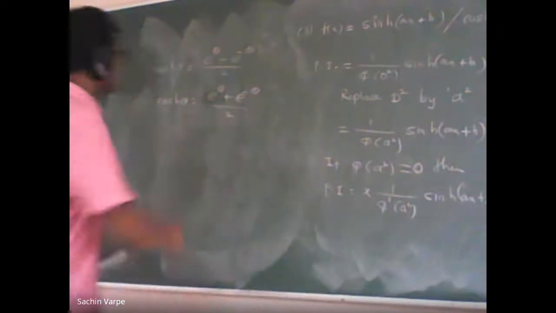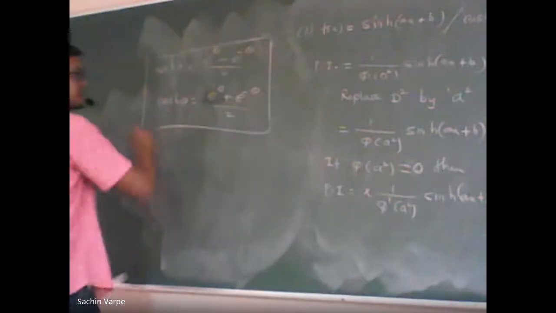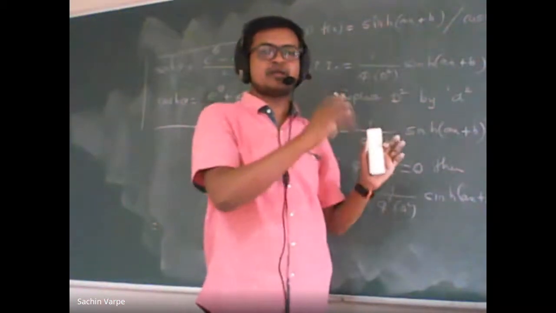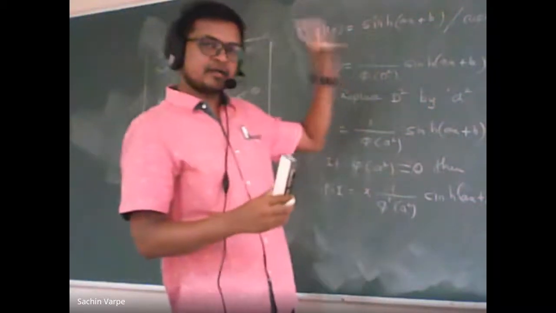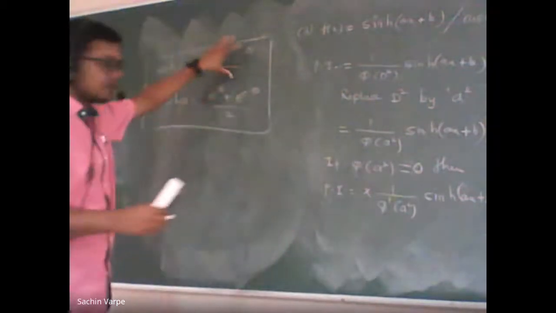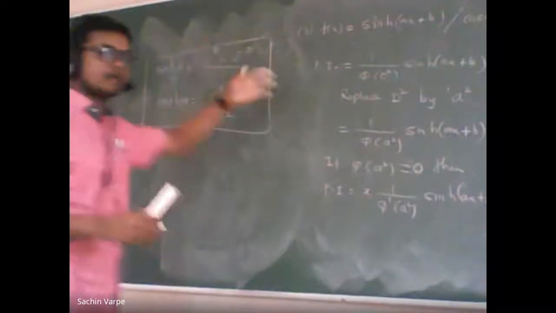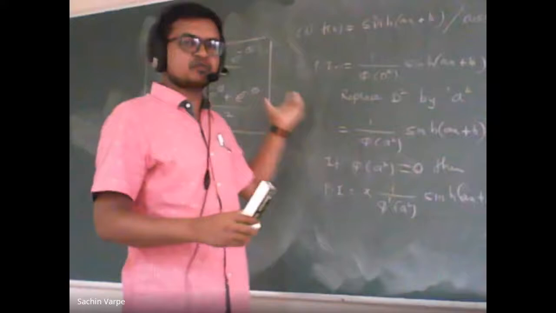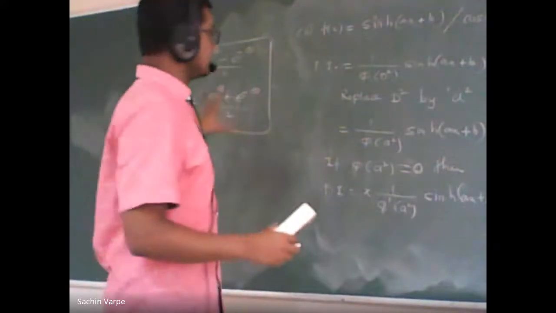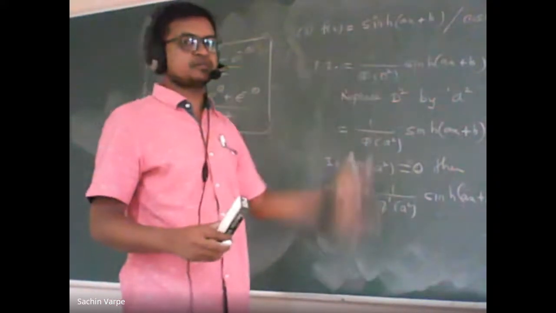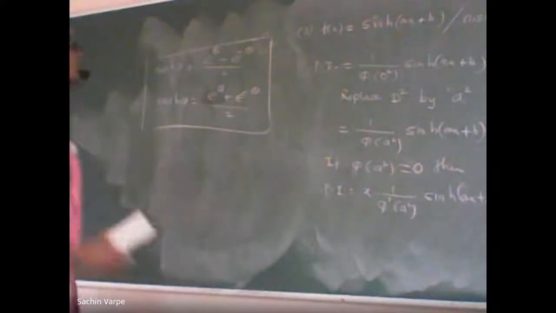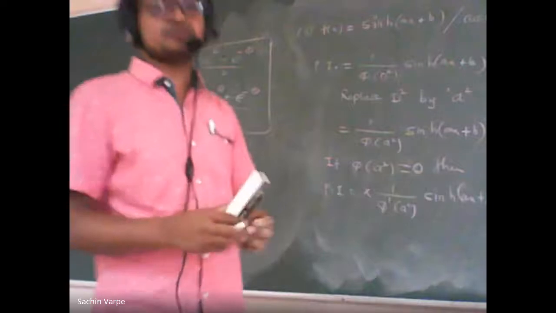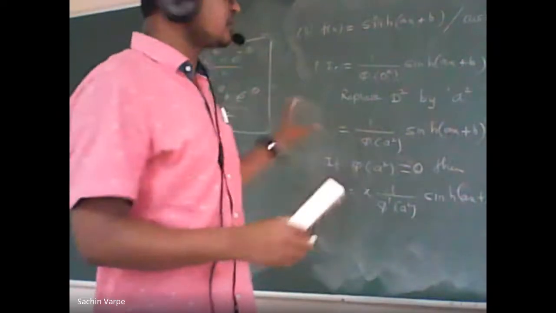With the help of these formulas, I can express the right hand side function in the given linear differential equation phi of D into y equal to f of x in terms of exponential functions, and then I have the first case of shortcut, that is the exponential function e raised to ax. So with the help of that I can solve these hyperbolic functions, and even trigonometric functions also. Okay, so we'll discuss the examples on this case in the next lecture.